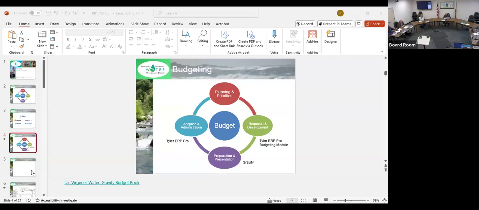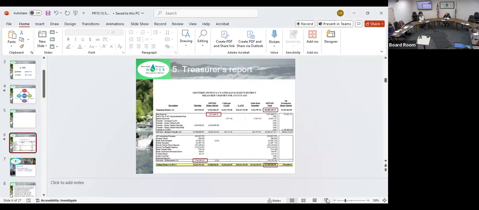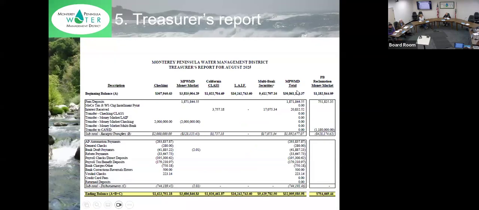Okay, so we have the treasurer's report for August. Yes, Chair Riley. So this is a regular monthly report for the month of August, and this time around, I've tried to work on your recommendation from last time, and I'm going to show you where the numbers are. So we started the month of August with 30.8 million in cash and investments, and we ended the month with 32 million. It's the bottom right corner.